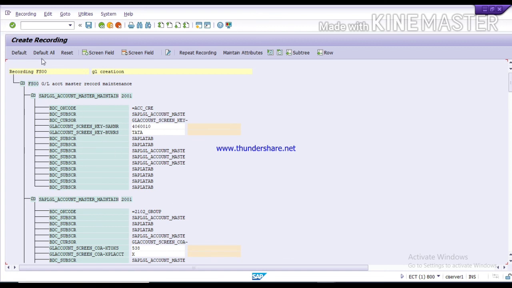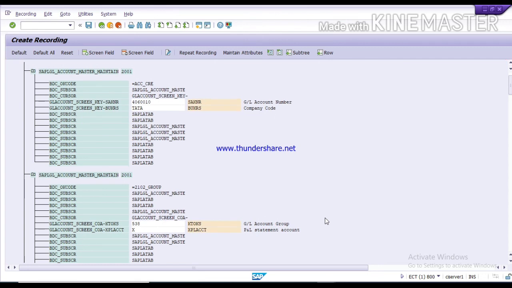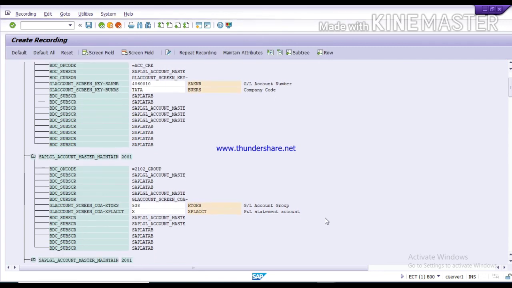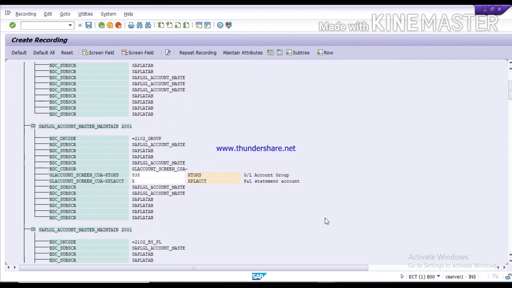Now, after recording, you should click on this default all. So here you can see, after pressing default all, the fields which you have entered are showing here, which you have recorded at the time of recording.